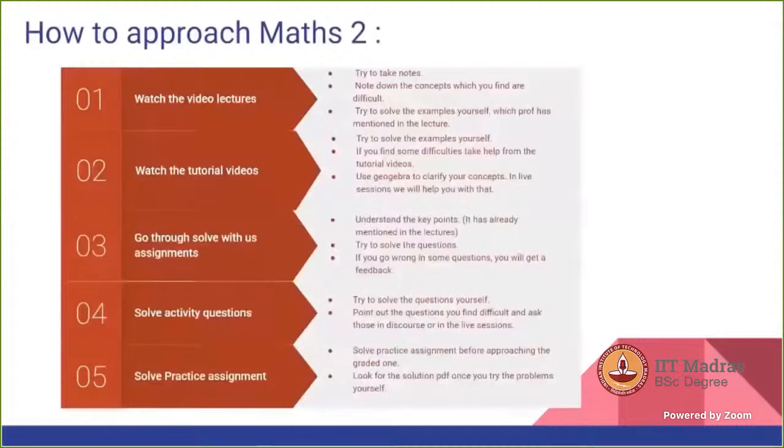Now there are some suggestions on how to approach Maths 2. When you are going to start a week's content, the first thing is to watch the video lecture. While watching the video lecture, try to take notes.